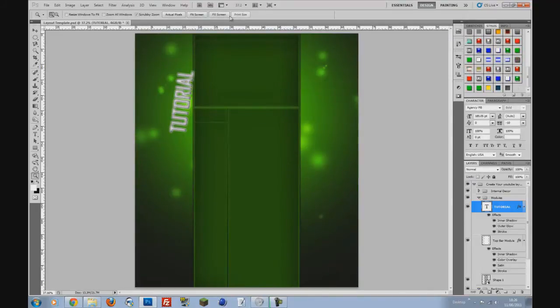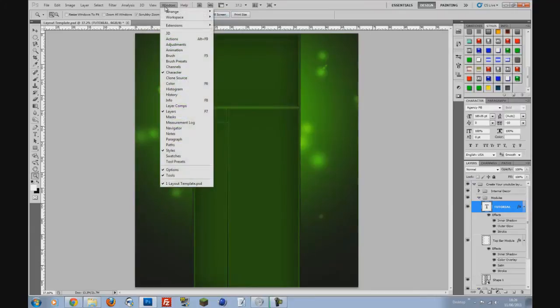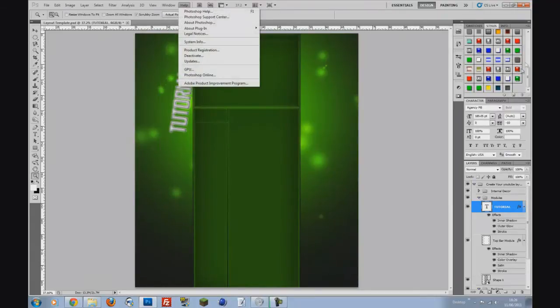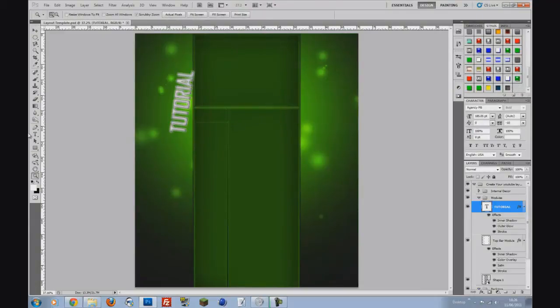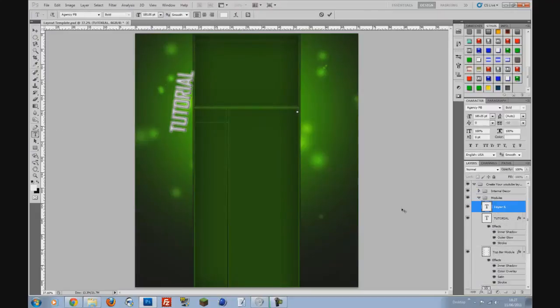add a new style. If you do not have the styles, pretty sure, yeah, it's there in Windows. You put styles, but it's on by default. So you save it. I've already just saved it there. And I'll create another text. Let's say subtext